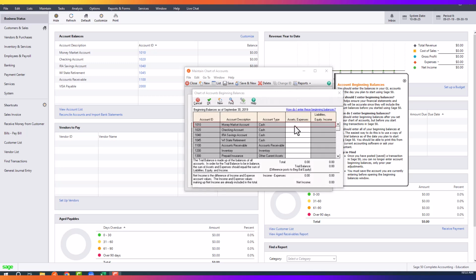So we're going to grab the data from the balance sheet on page 283, and we're just going to type in the balances from that balance sheet. So the first one was account number 1010, which is our money market account. And per the book, it had a balance of 10,700 on that date, and I just work my way through